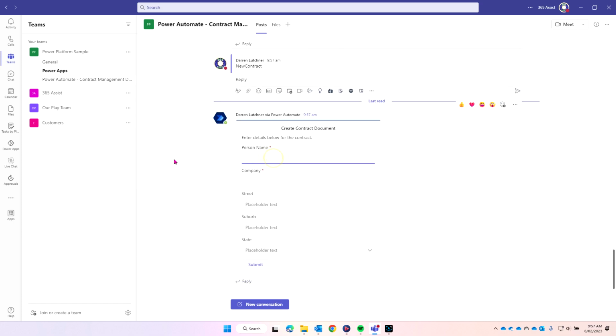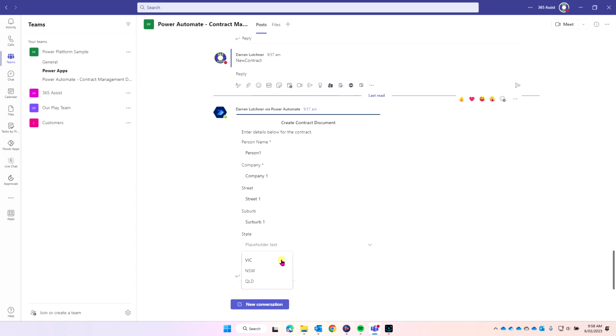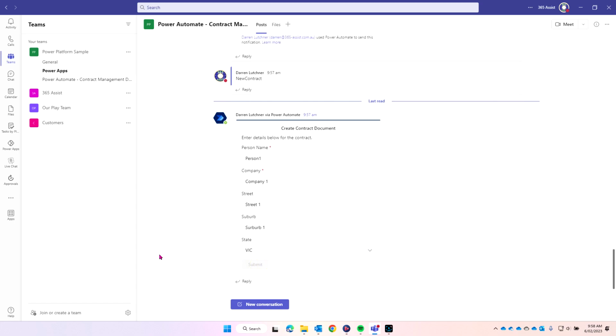So this is where the user can put the information that I've set up, the information that's needed in the contract, and they would type all this in, and this is the stuff that's going to turn up in the document that gets populated within the template. Just put in the details here. Suburb 1, and even I can, in the adaptive card, do a drop down and then submit that,